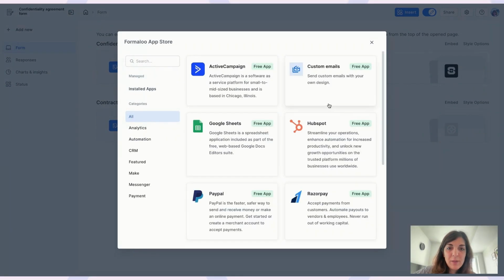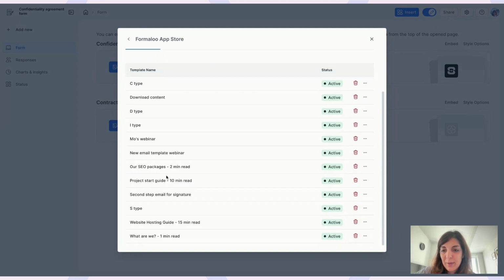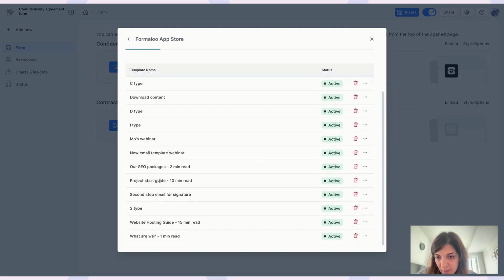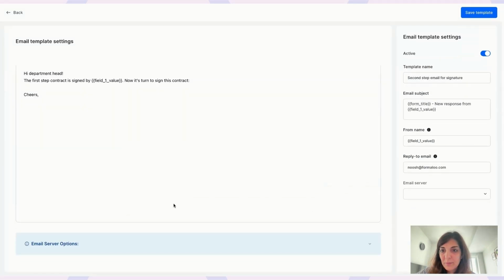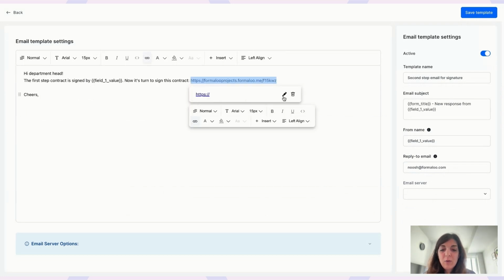Getting back to the email settings, you can go to the App Store and find all of your email templates right here. And what was the name? Yeah, second step email. So here you can enter the URL,